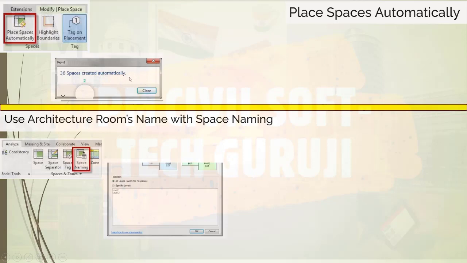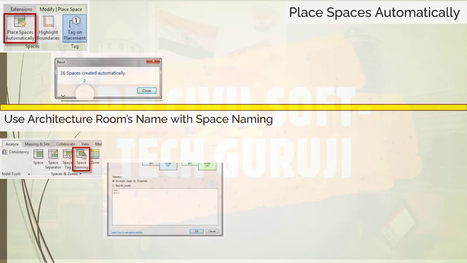You might want to check the boundary first using the Highlight Boundary tool to check whether these rooms are closed by wall boundaries, and then use Place Spaces Automatically. After Revit completes creating spaces for this floor, it will show a summary like in the figure.